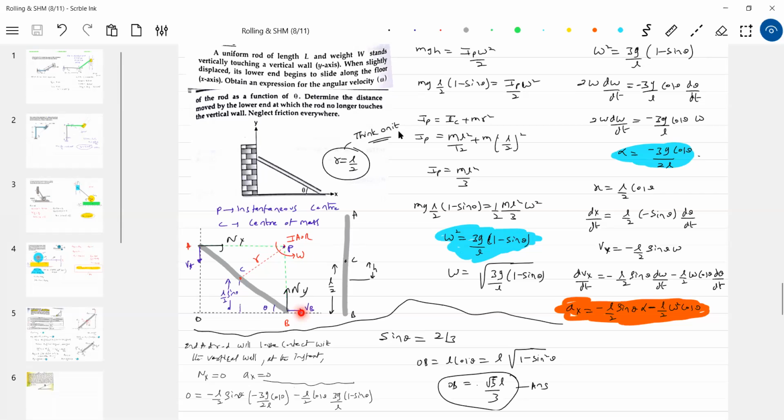How to calculate velocities, we know. How to calculate the speed of B and A, that we know, because we know omega. And since the rod is rotating about point P, we'll get it. Now you have to ask one very beautiful question. Sir, here you are bringing this omega. Where is this alpha? Can you show this alpha? Is it about C or about P? Anybody wants to answer?